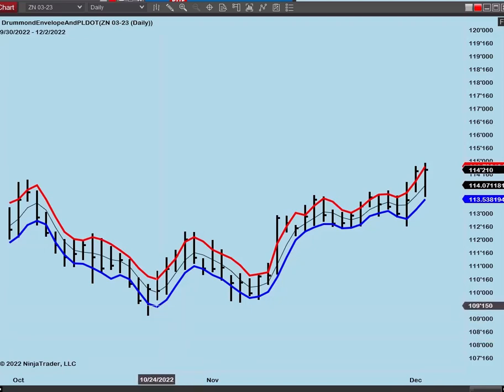Just a little bit of guidance about the free software that you have by downloading the free version of the Drummond Envelope and the Drummond PL dot. Already, just from this basic chart, you can see how effective it can be. We cycle from the envelope bottom to the envelope top and back down again, and we can measure degree of